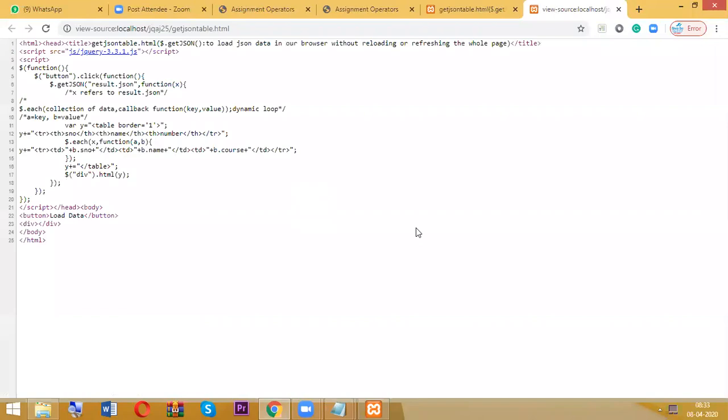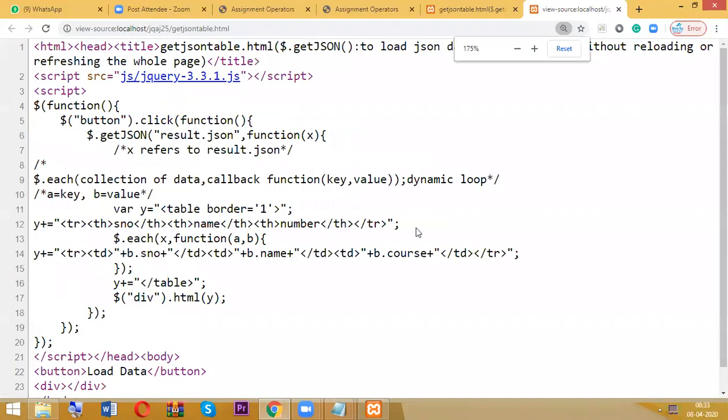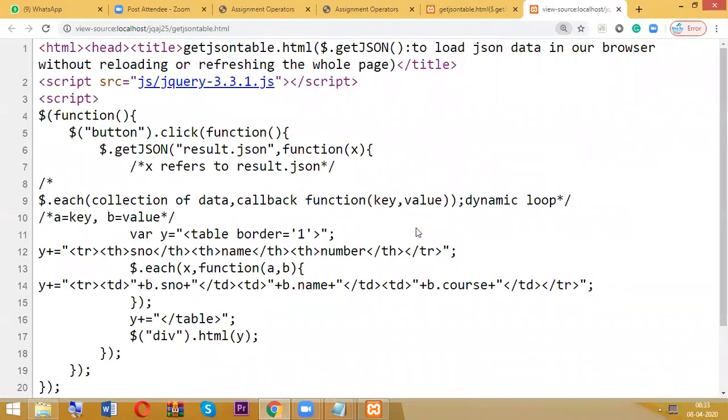Whatever it may be, don't bother about the program and everything. Just observe the importance of this plus equal to concept. Observe carefully here.